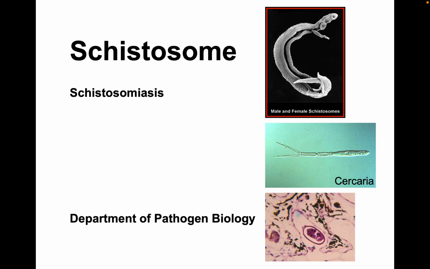We are going to learn about schistosome, which is a kind of fluke. On the right, you can see some pictures, and the first one shows the adult form of the schistosomes. This is a couple, and this couple lives together. Outside is the male, and it looks like a roundworm, but it actually belongs to the flukes. It's flat, and